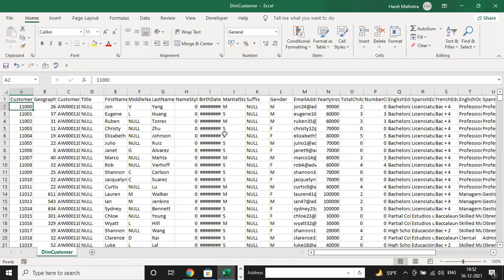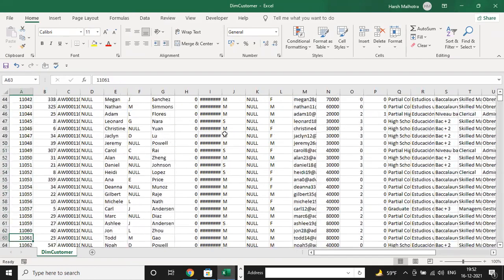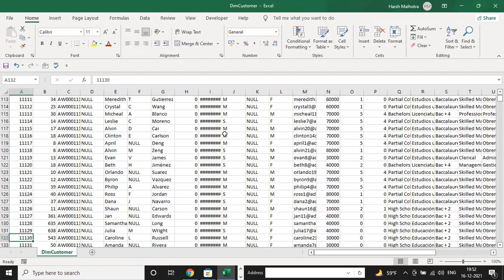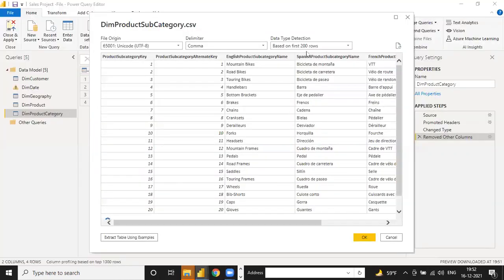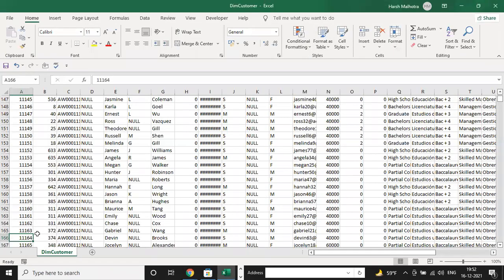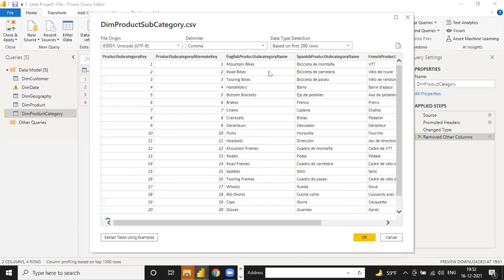And suppose your column has only 200 data, because Power BI is running just 200 rows in one go. So when you give it based on 200 rows, it means the data below is also available on the same basis. Every column has an English product set category, column to column, space to space, French to French. That is why you have to make the reports.